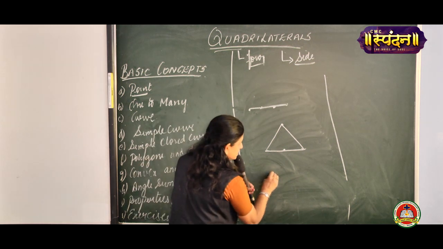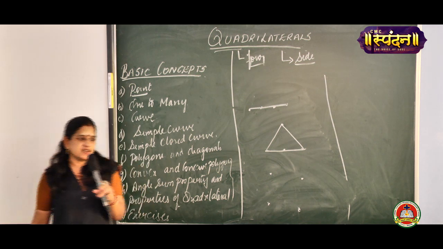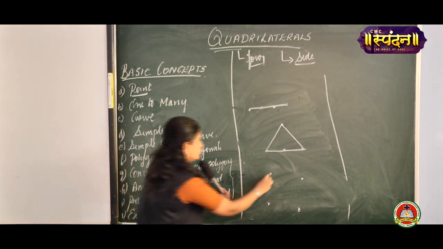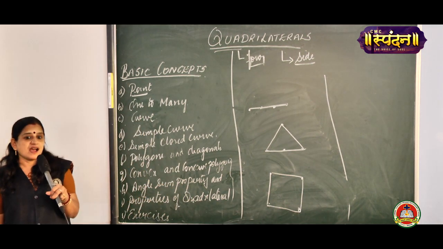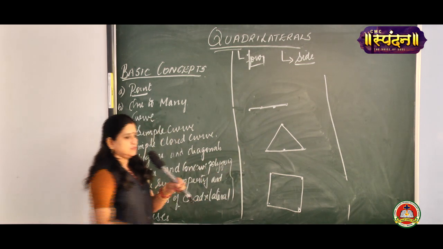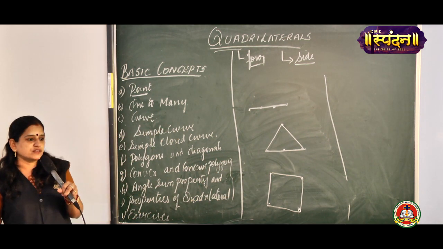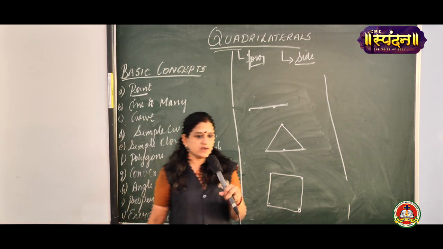As I said earlier, these 4 points can be scattered like this. When you join these 4 points, what do I get? I get a quadrilateral. So you have reached the topic quadrilateral. This is how I got the figure quadrilateral. So now you can say the definition of a quadrilateral.